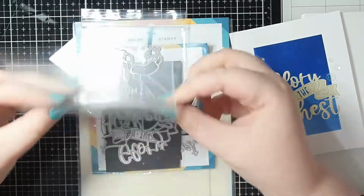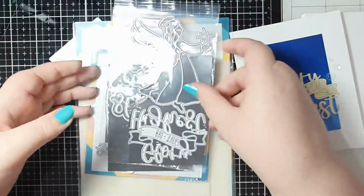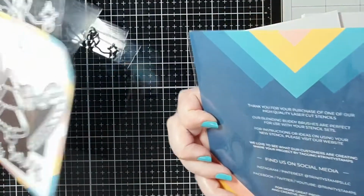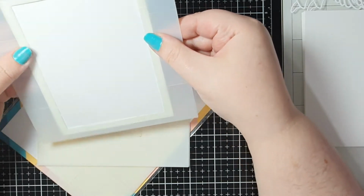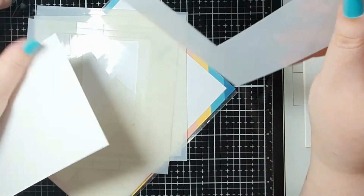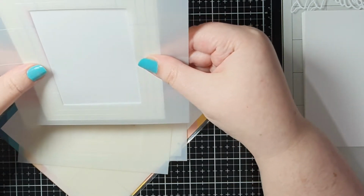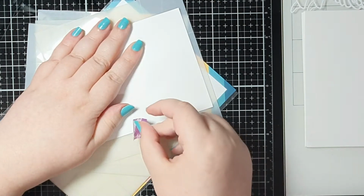I've got the Season's Greetings Scripty cotton foil. I have the Glory in the Highest die. Then there is an older die set here, Sweet Holiday Wishes, and also the A2 Foundations stencils. So this set of stencils, you get the 4 stencils and also the 4 mask pieces, which are the inside pieces from the stencils, and it just helps you create borders and just really easily mask off your